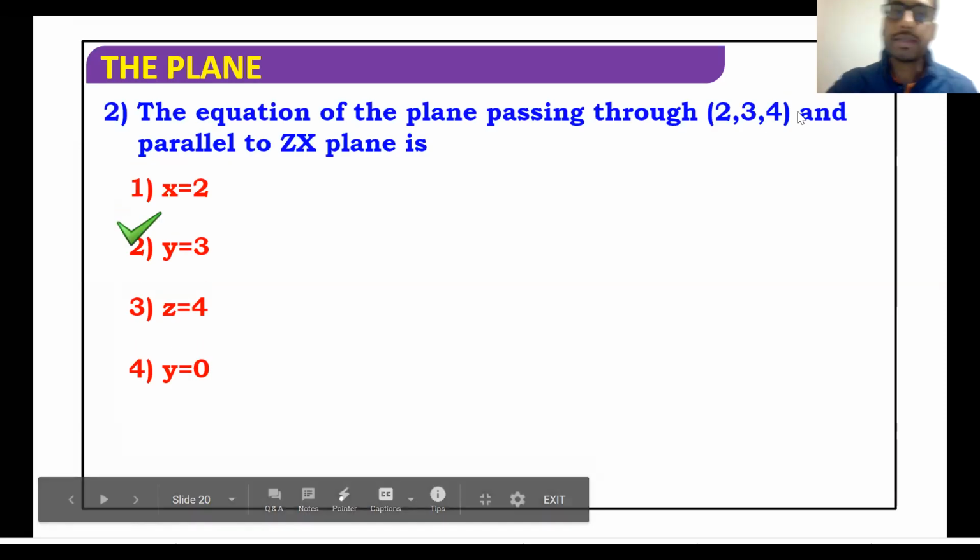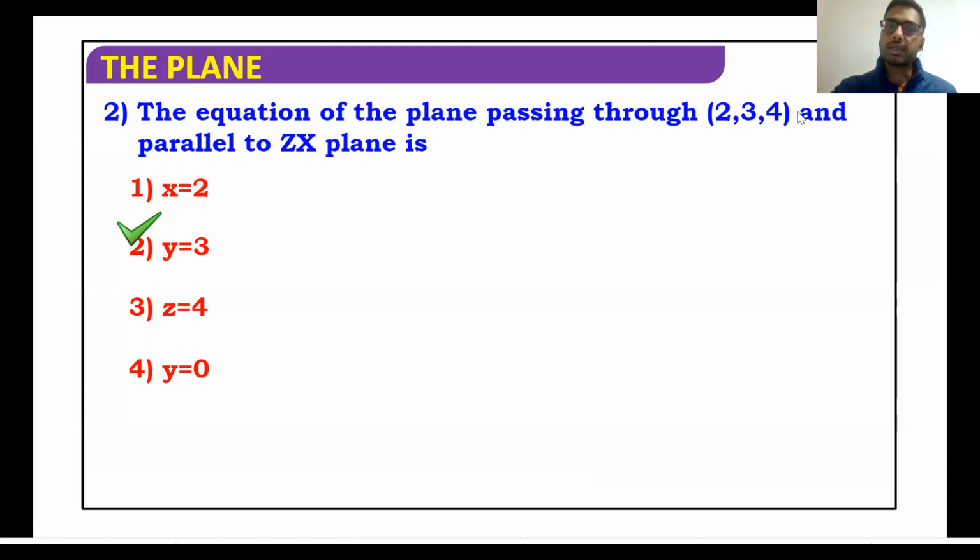So simple. It is zx plane. So answer should be y is equal to y1 coordinate. Y1 in this particular case is 3. Tell me the answer if the question was given this way, that the plane passes through the same point 2, 3, 4 and it is parallel to xy plane this time. So what would be the answer? Instead of zx plane, it is parallel to xy plane. So answer would be z is equal to 4 by Omkar, option 3 by Rutvik.